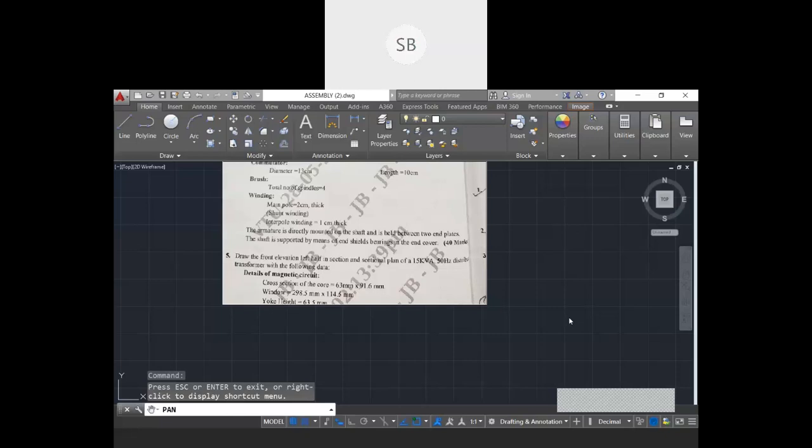Shweta, present, sir. Siddesh, present, sir. Suhas, absent. Saida, present, sir. Tejas, present, sir. Suhas present.